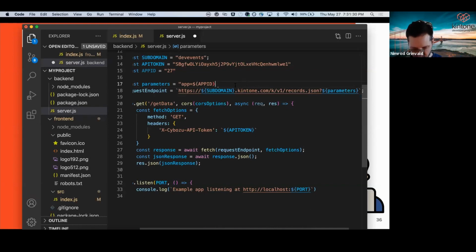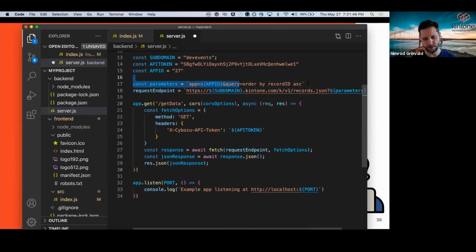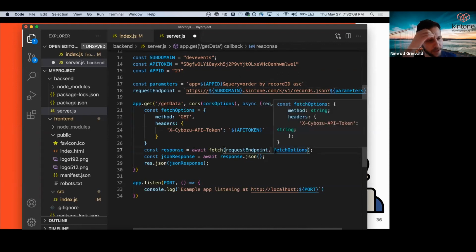We've got app equals app ID. And I'm going to give you some record ID ascending. So these are just instructions for how to order the response that we receive. Okay. So that's going to retrieve the records in the ascending order of the record number value. Okay. And what we're going to do is in this response, we're going to request, oh,